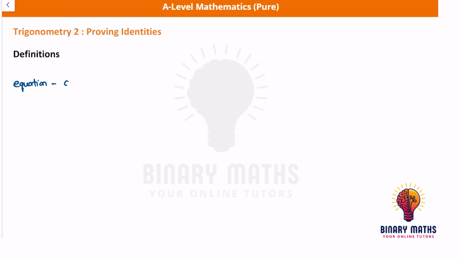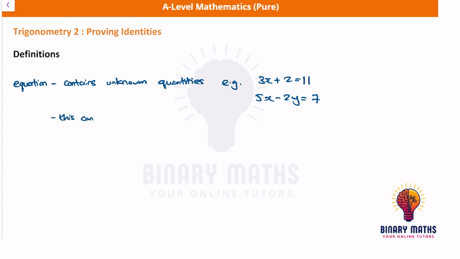So an equation contains unknown variables or quantities. For example, you might have 3x plus 2 is equal to 11, or you might have 5x minus 2y is equal to 7. More than one variable might be involved, and this can be solved to determine the value